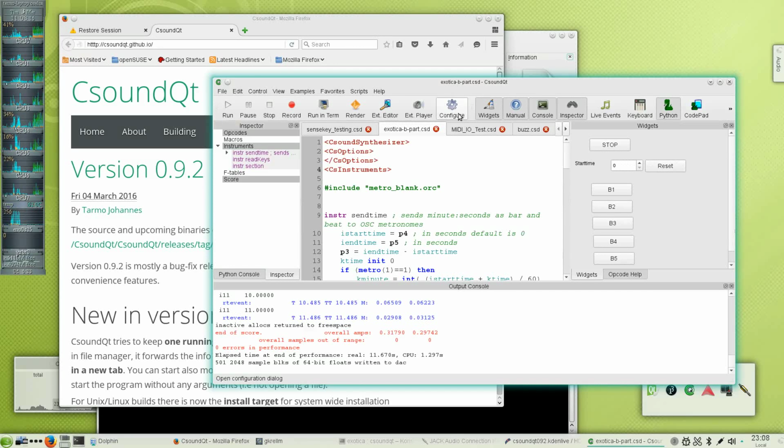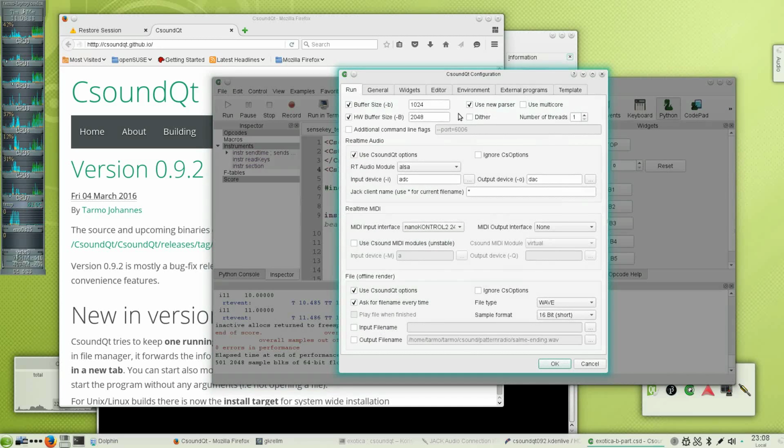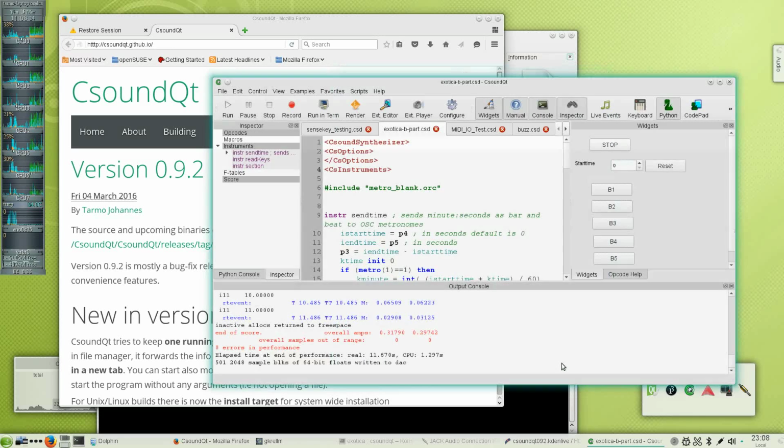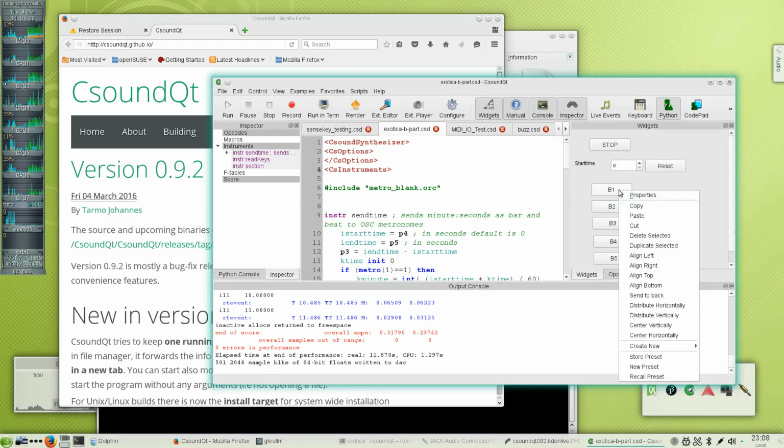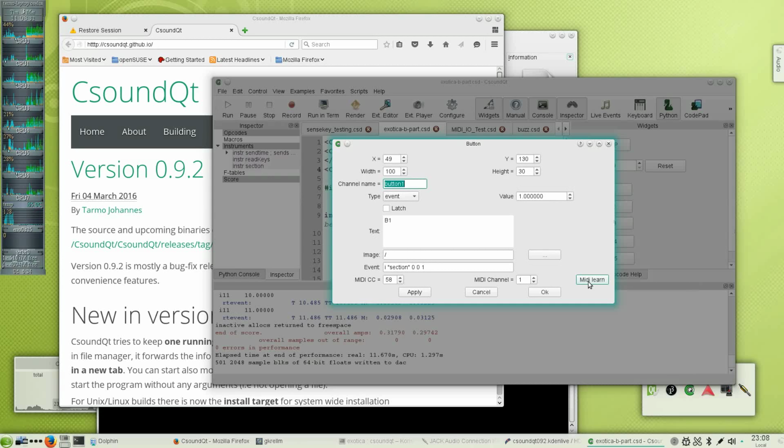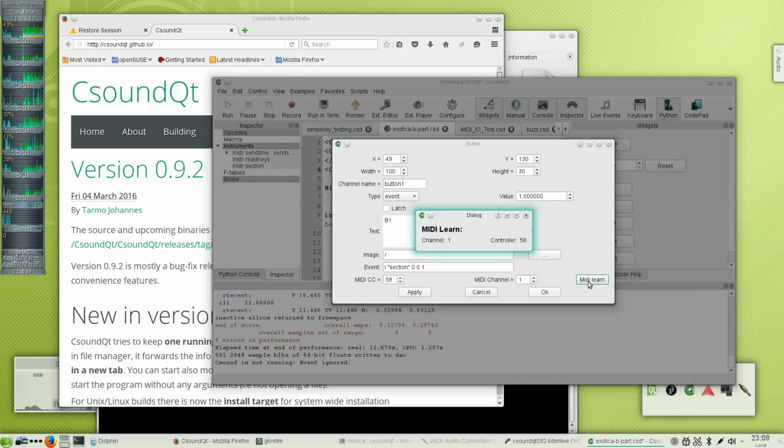First of all, you need to have CsoundQt compiled with RT-MIDI support, and you need to select your MIDI interface. And then when you go to the widgets and take properties, then you have the MIDI learn button. And then everything you need to do is just press or turn some knob on your physical MIDI controller, and it gets assigned